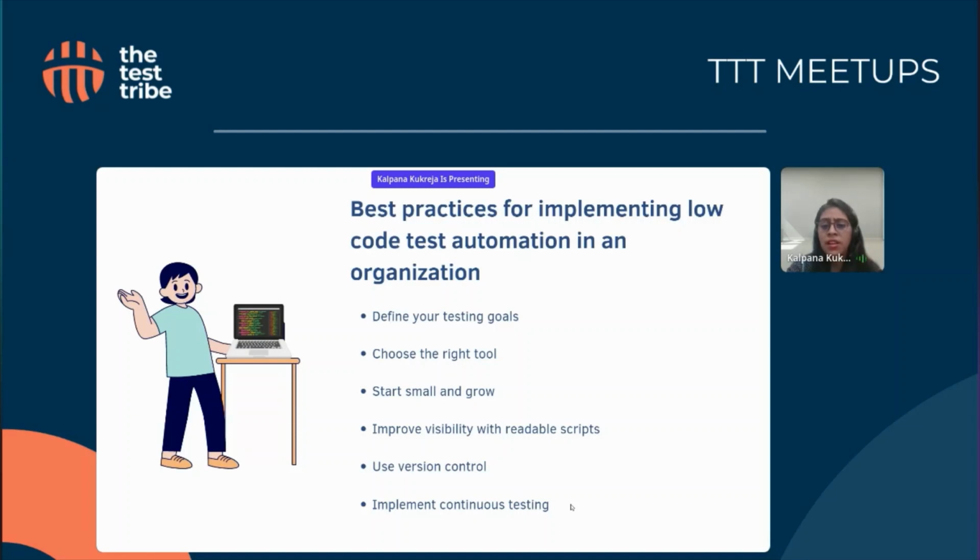Because yes, 100% test automation is a good goal. Of course, it is great to have the goal of 100% automation, but you have to start by defining what you actually need to test, because it's a very long process. When you're starting from zero, from automating your first test case, till you reach 100% test automation, it's a very long journey. So firstly, you have to define your testing goals.